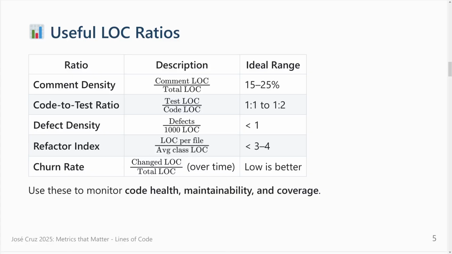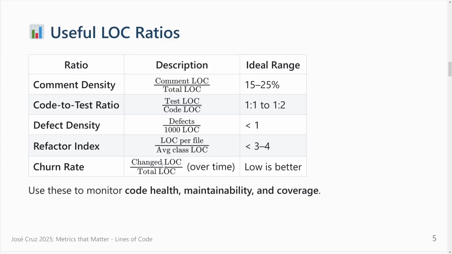Okay, churn rate, again: the changing lines or changing rows, for instance. The number of changing rows divided by all the rows over time. Low is better, because if this number starts to grow a lot, it means the churn is higher. If the total number of lines grows but the changes don't, this value will start to be low. It means that you don't have to change the code. But if, for instance, you are introducing features, updating features, and the code keeps being changed, maybe it's time to look into the code. Maybe someone is duplicating the code. So there are always things that you can get from these numbers.